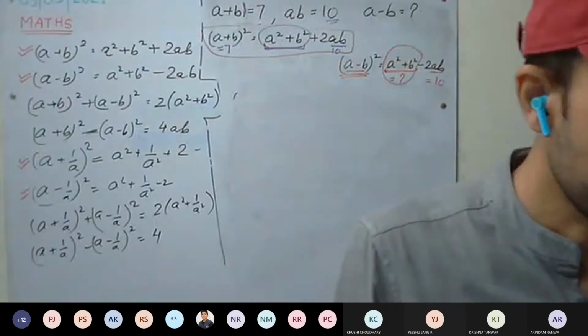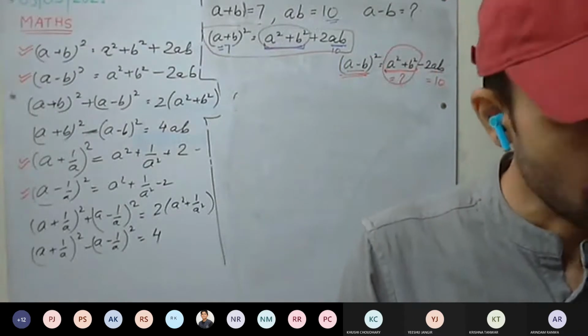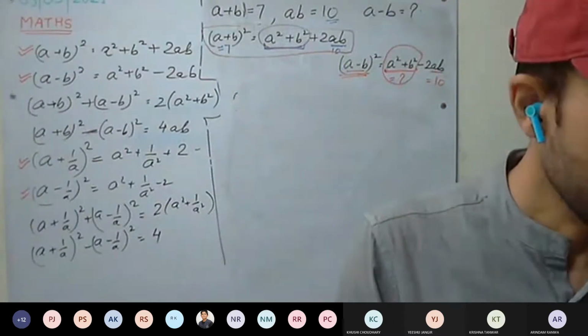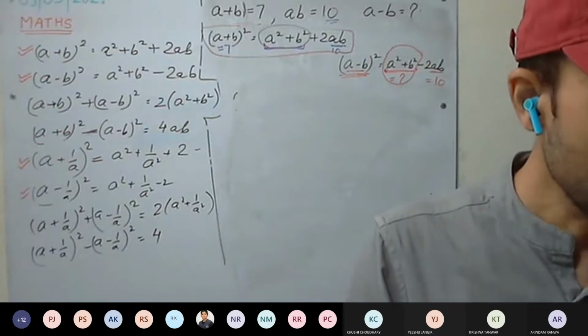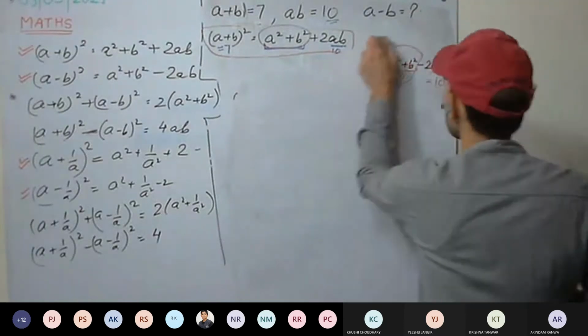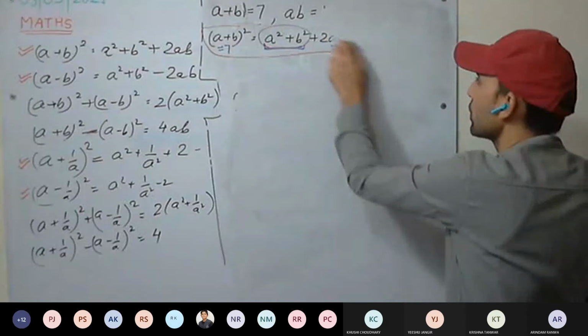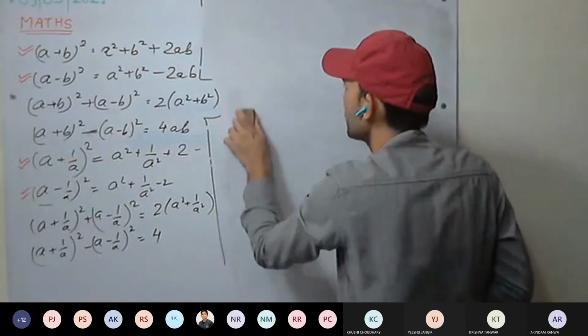Okay, seventh one, read it. Seventh one, solve it. You have 2 minutes. Okay. Seventh one, solve it. First one you solve. X plus y is given and xy is given. X minus y you have to calculate. Solve this one. Solve seventh one.